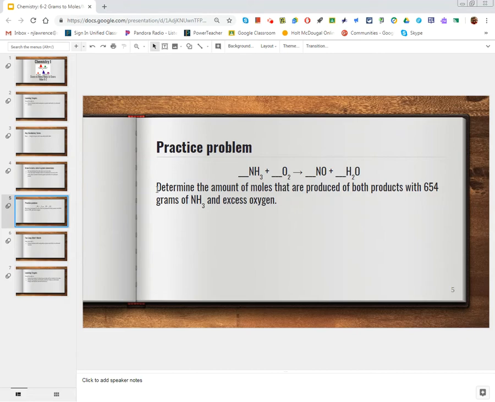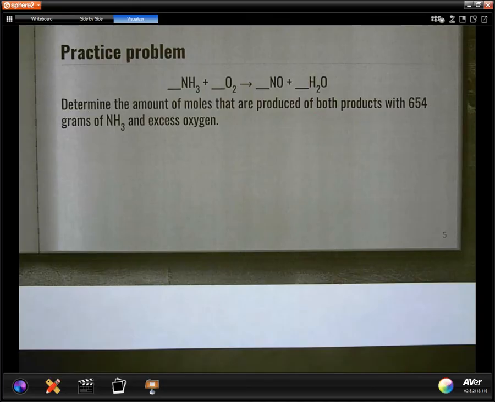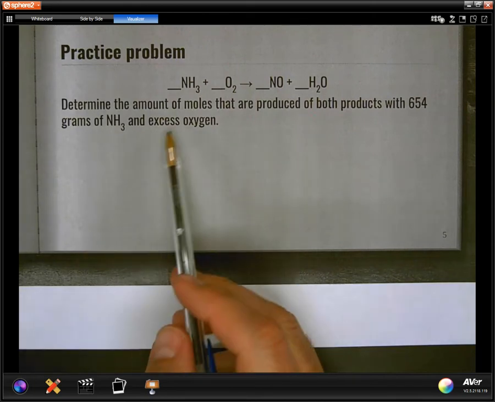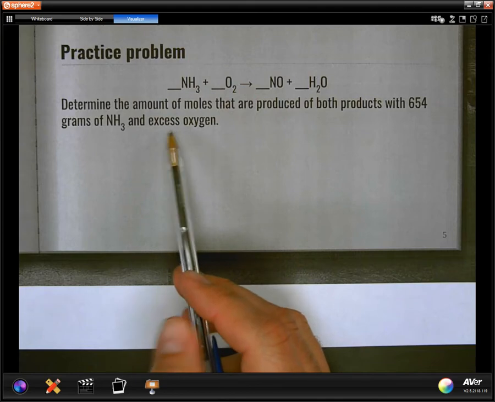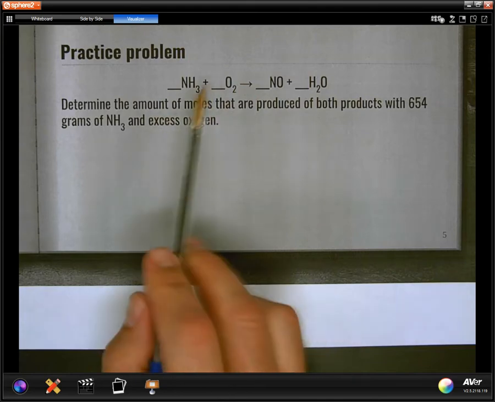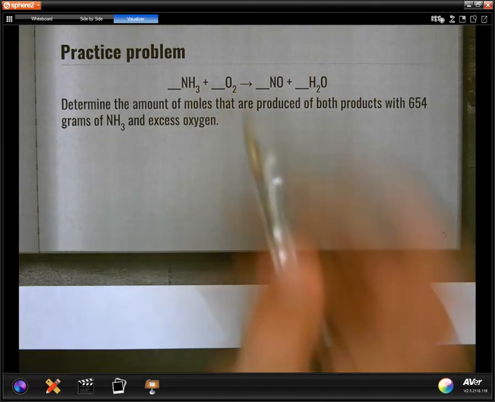own hand. So as we get started here, the problem reads, determine the amount of moles that are produced of both products with 654 grams of NH3 and excess oxygen. So that word excess oxygen, we'll learn more about what that means when we get to video 6.4 and we talk about limiting reactant. But basically what it's saying is I have 654 grams